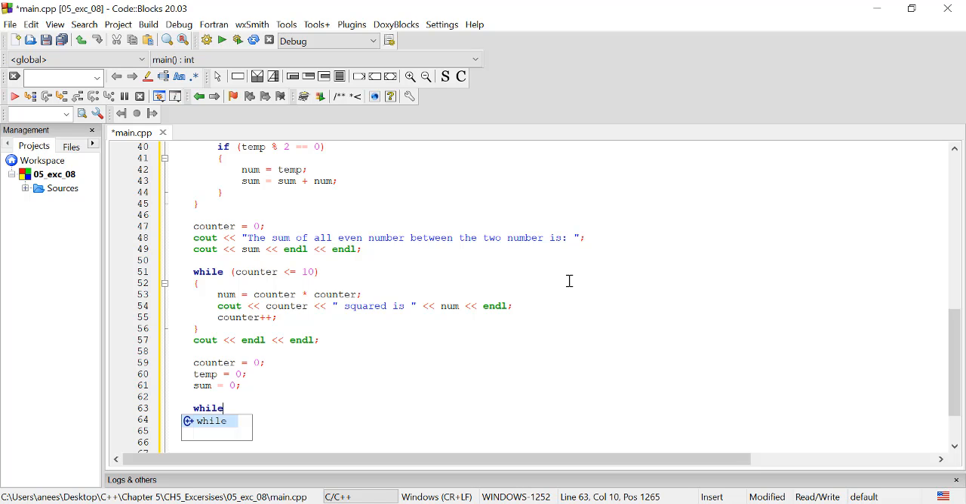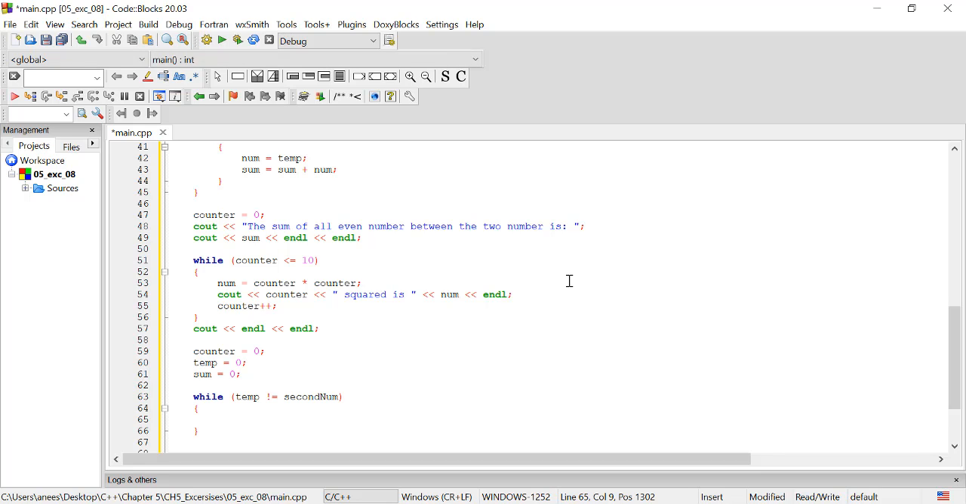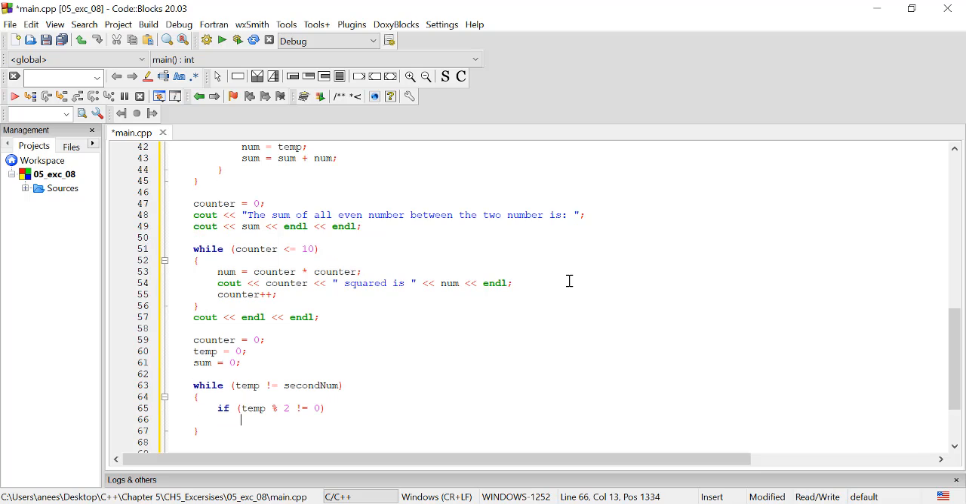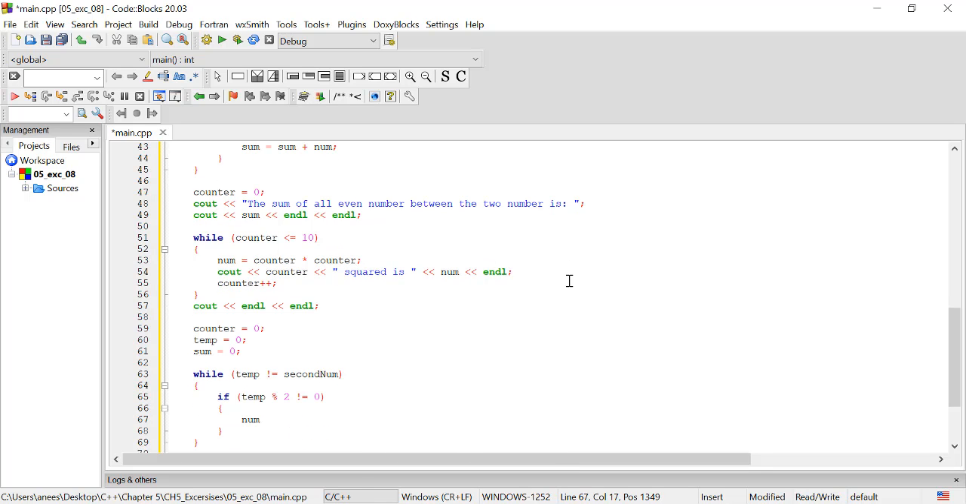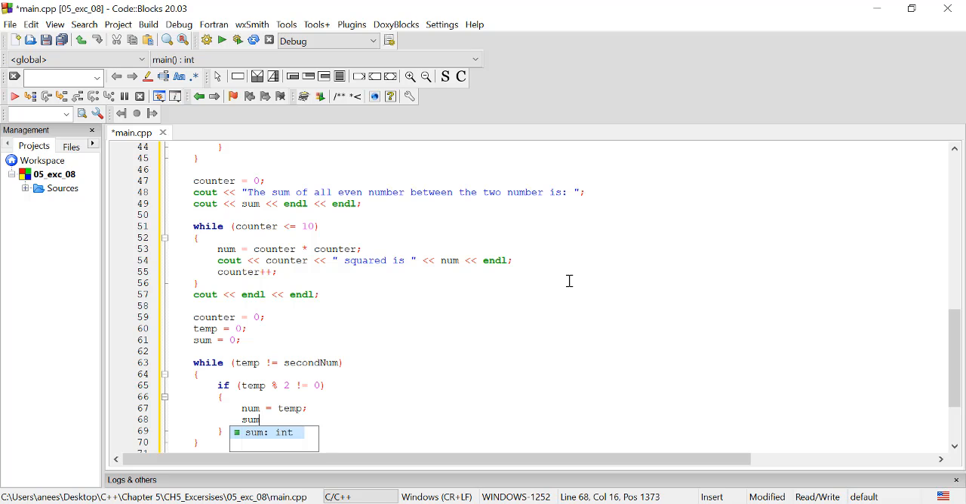And while temp is not equal to second num, if temp percentage sign 2 is not equal to 0, num is equal to temp, and sum is equal to sum